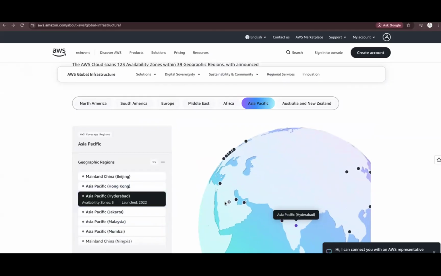See, minimum they should have 3 availability zones. Less than that, we should not have. We can have 6, 7 also, max, but minimum 3 is kind of a mandatory thing. At least if one fails, others can still function. That's the main reason behind having a minimum of 3. Okay, great.